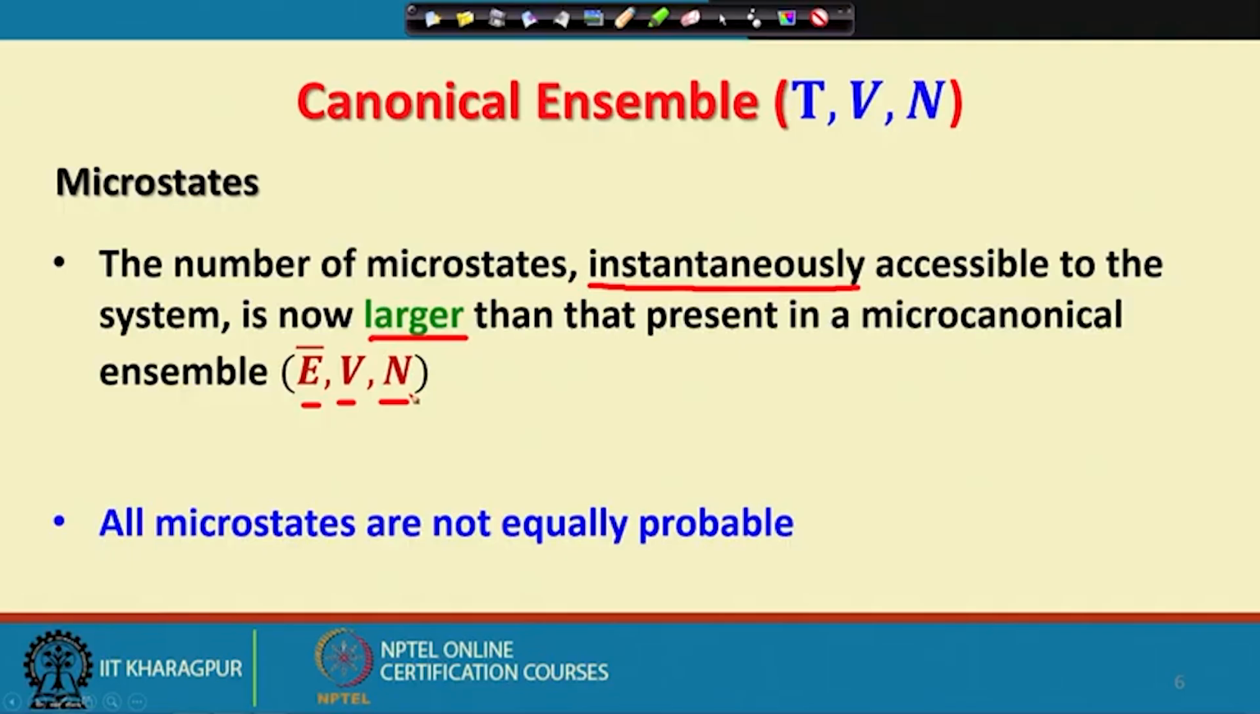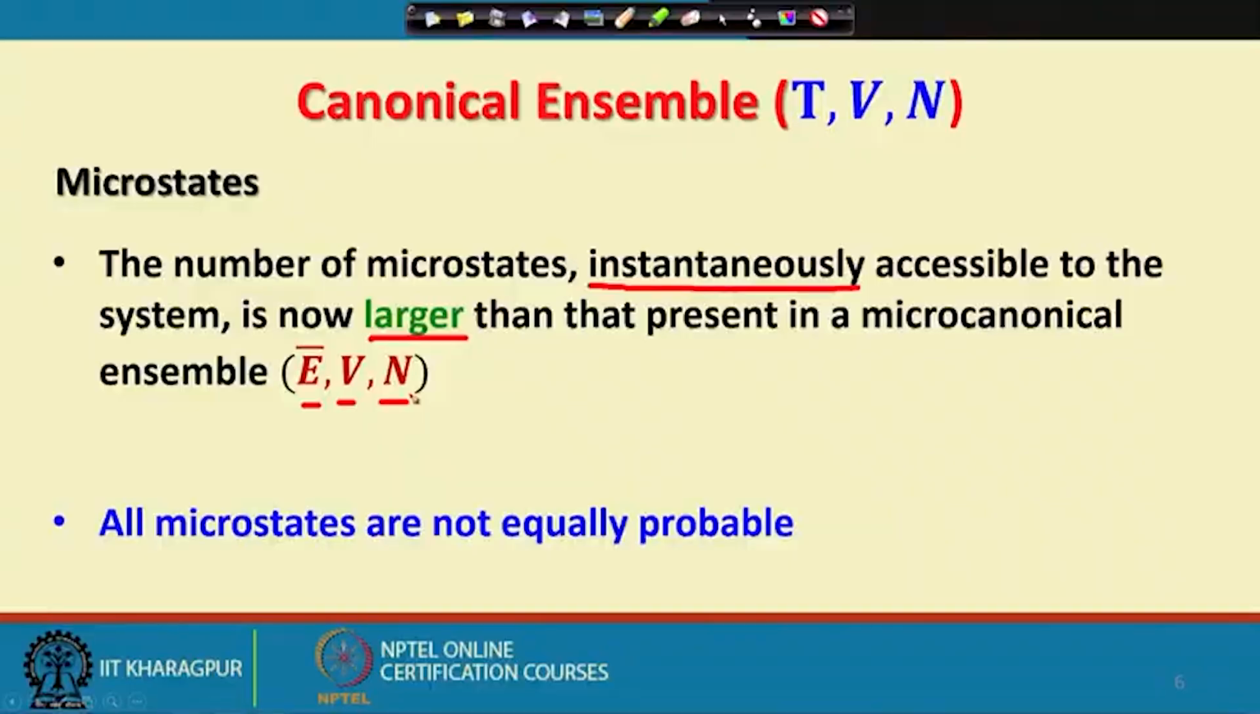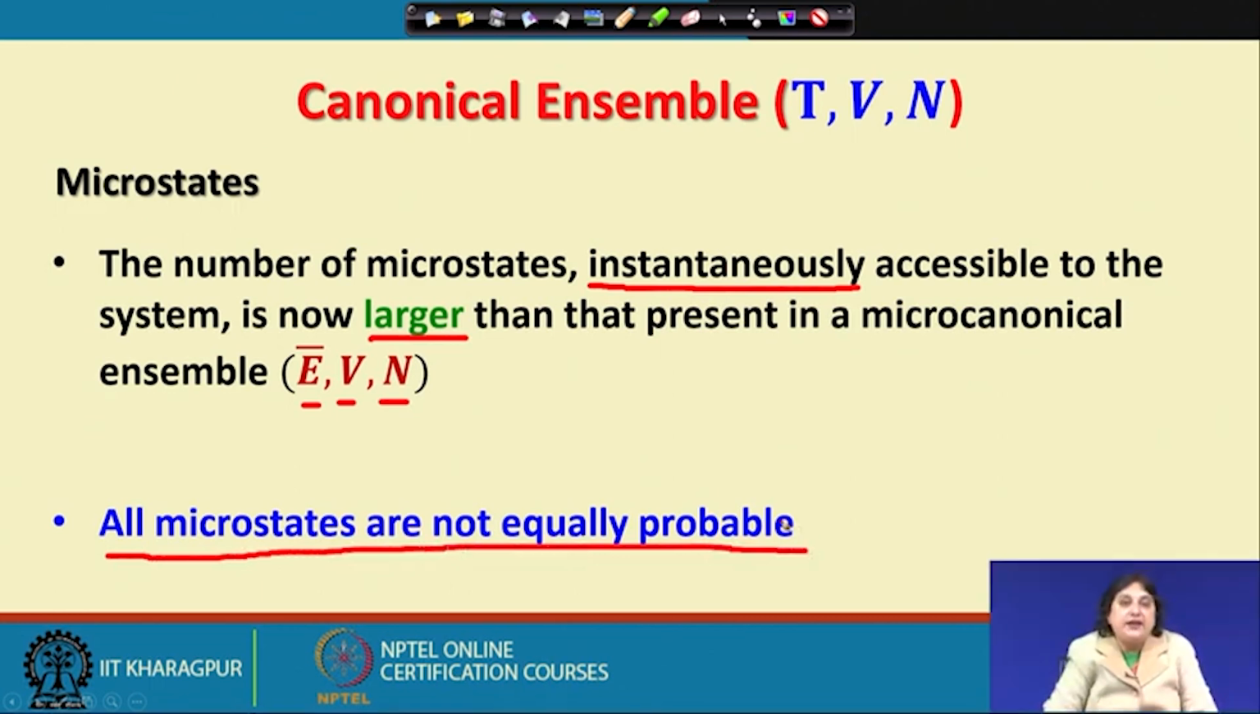But if I allowed the fluctuation of energy about E bar such that E bar plus delta E and E bar minus delta E are also accessible, then the total number of microstates would be equal to 2 plus 1 plus 1, equal to 4. The other important conclusion that we have got from here is, under the condition that the total energy is varying instantaneously, all microstates